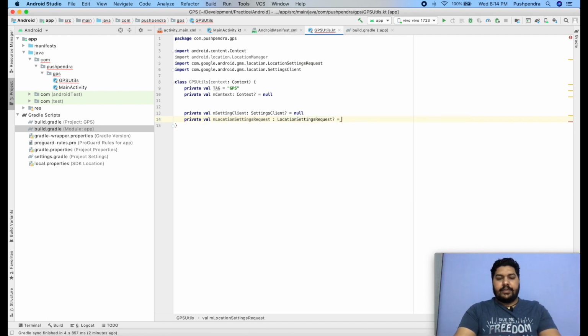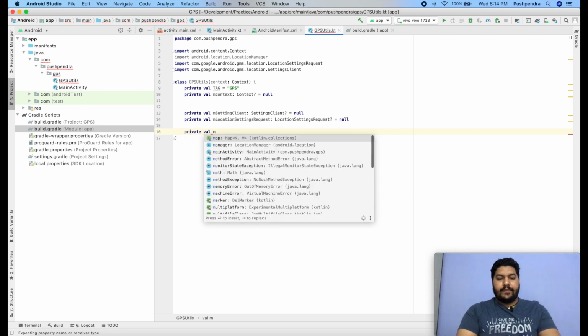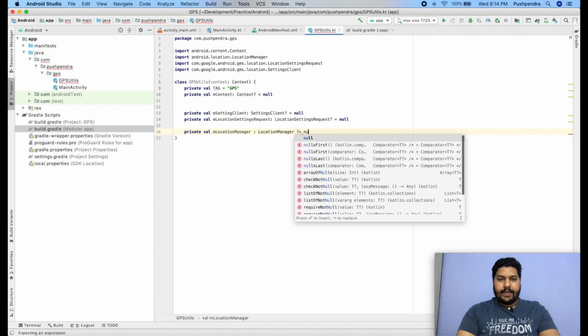By default this is also null. Now location request and location manager. So private val, same, locationManager, and this is of type LocationManager. By default the value of this is also null.